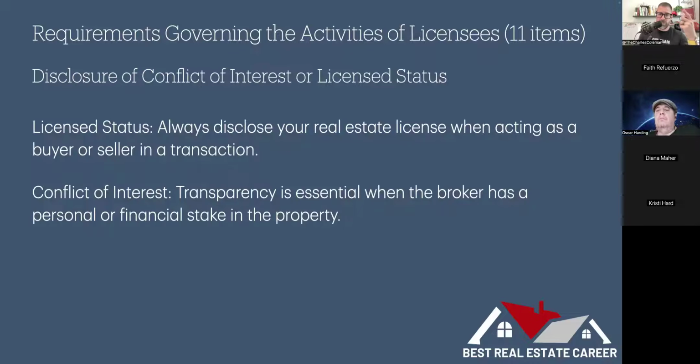So if you're dealing with buying something for yourself or a family member or even a close friend, you have to disclose that, right? Because here's the thing. If I meet someone off the street and they want me to either help them buy or sell, and I have a family member, a friend, myself, who do I want to win? Well, obviously, family member, myself, my friend. That's the person I'm going to put above everybody else. You just have to make sure while it's perfectly legal to do that transaction, you have to make sure that the other party is aware of it because that would be a conflict of interest.